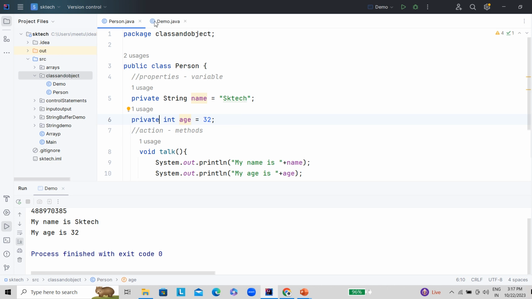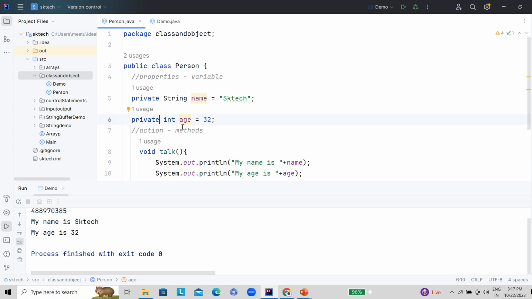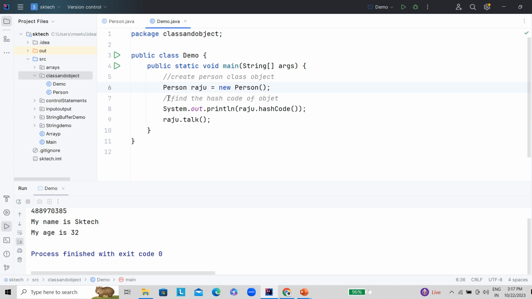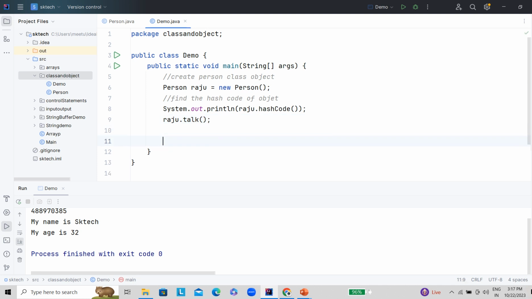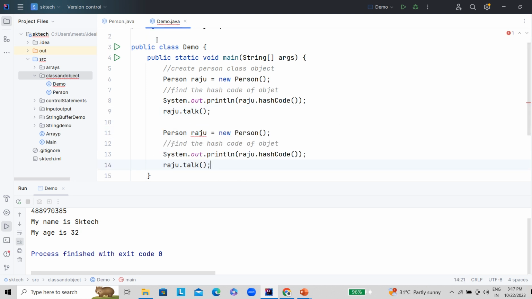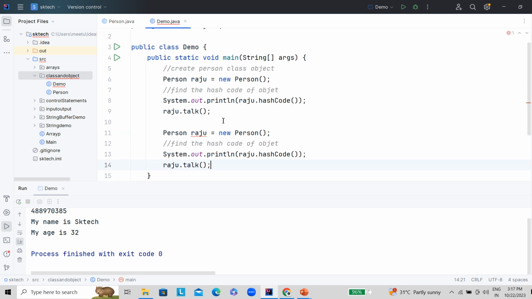Why? Because let's say here we have created an instance of a class as Raju and we are printing it. So it is printing sktek 32. Let's say we created another instance of this class. Okay, let's copy this program and give it a meaningful name like Raju only, because this is the Raju type.